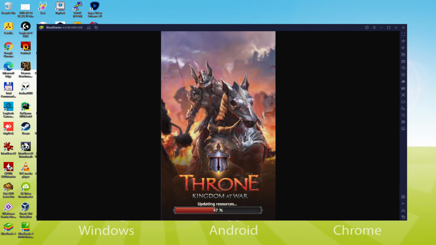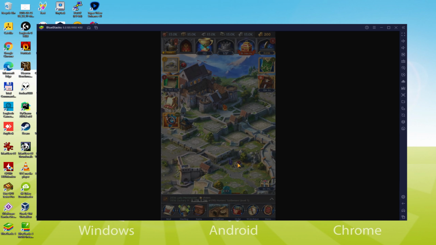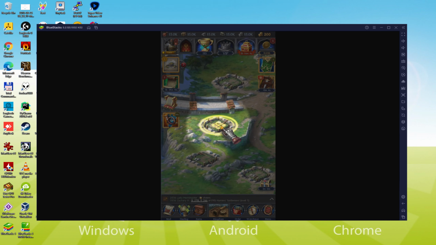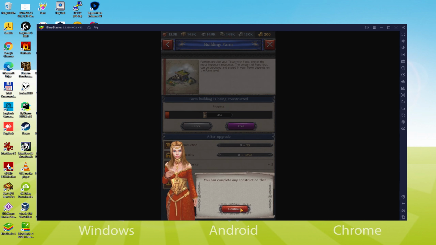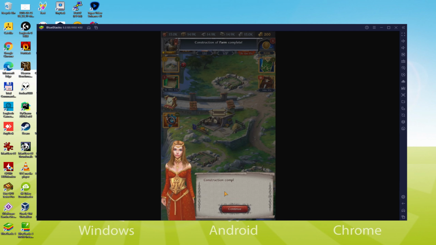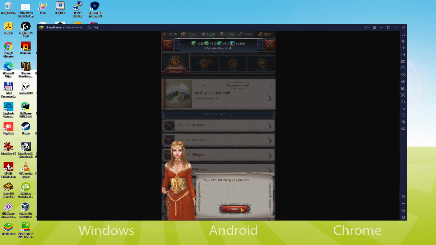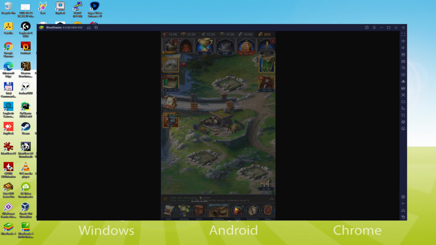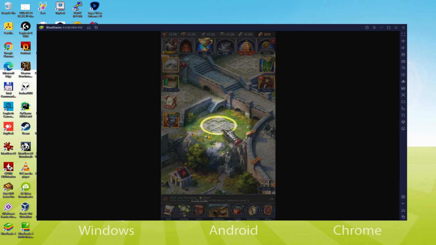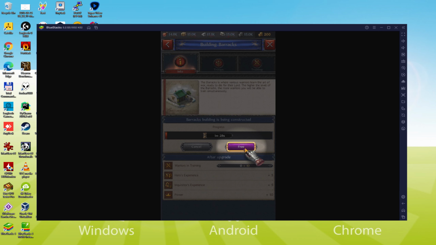Today we are going to see how to play Throne Kingdom at War on PC using the brand new BlueStacks 5, that is designed for blazing fast speed and high-octane action. It packs a punch with mega performance upgrades and it has faster performance than any other high-end Android device or Android platform. We will be able to easily download and install Throne Kingdom at War and enjoy the game on our Windows PC with keyboard, mouse and big screen thanks to BlueStacks 5, which is the Android emulator that we recommend to play Throne Kingdom at War. So without further ado, let's get to it.